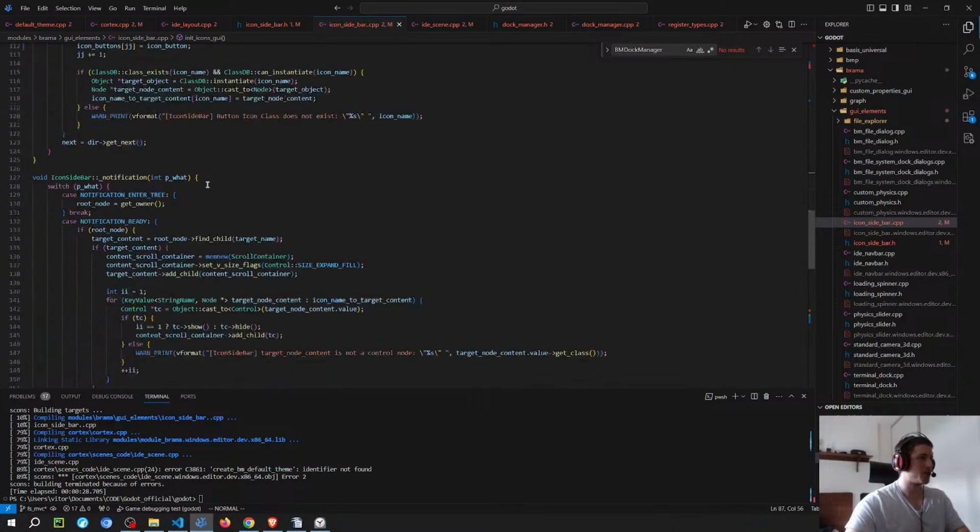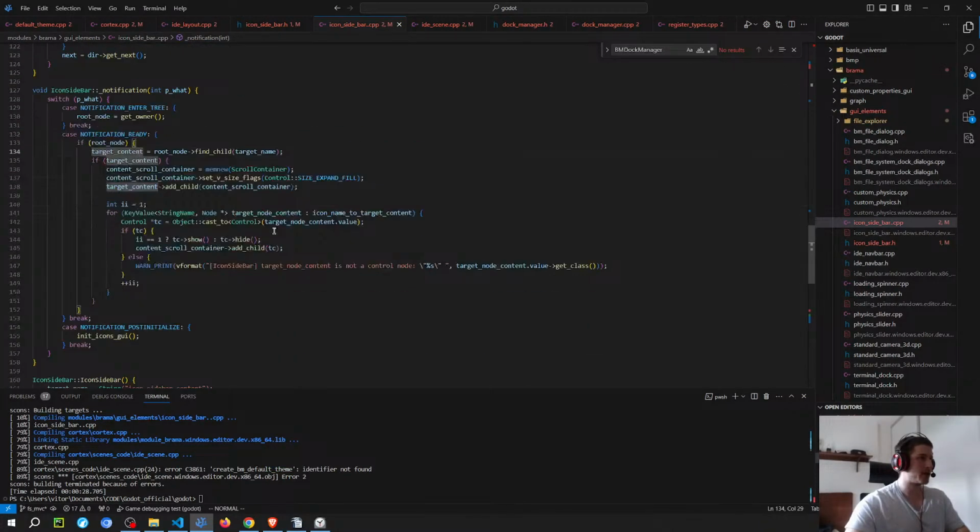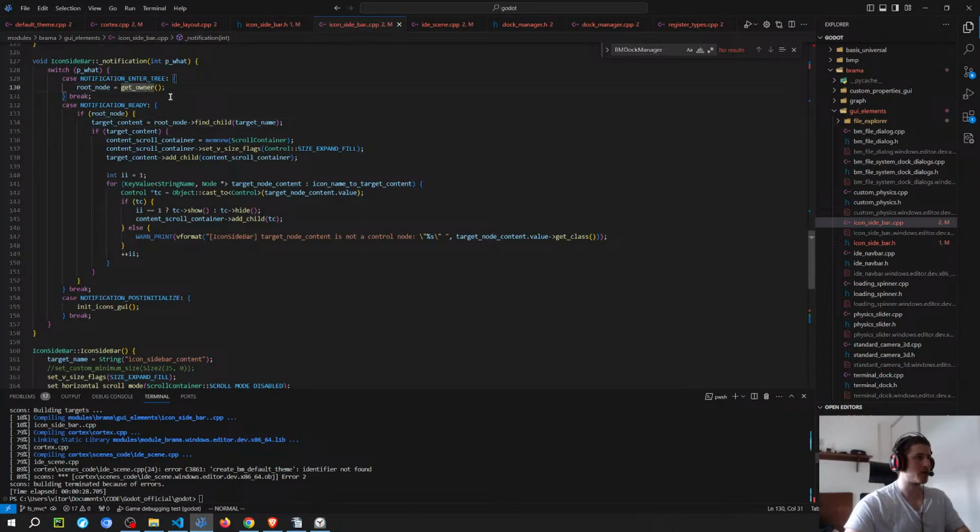So the weird thing about this class is that I'm adding children dynamically to the target content, based on whether or not the target content exists. I find the target content based on the root node, which is the owner of this, using the name that is selected here. So the component class is decoupled from the sidebar class, and because I'm dynamically adding the nodes to the target,